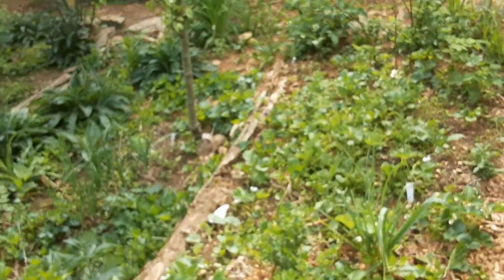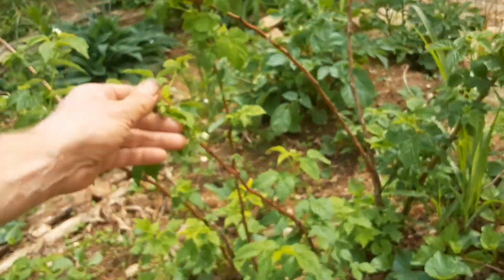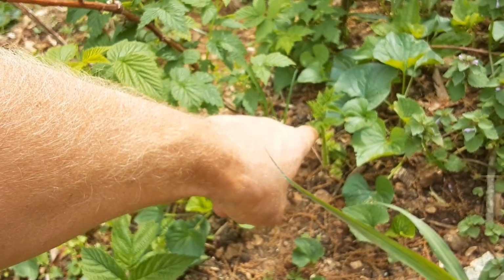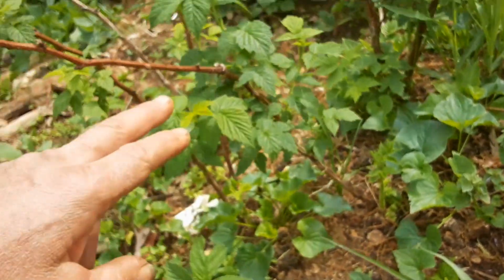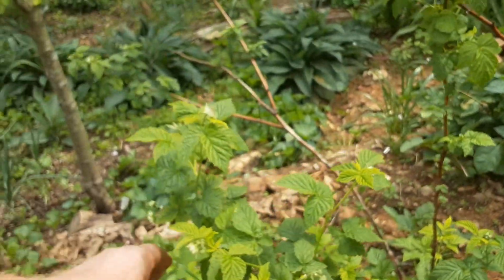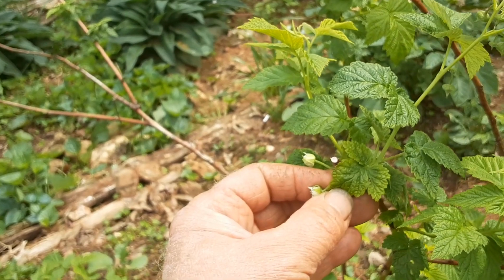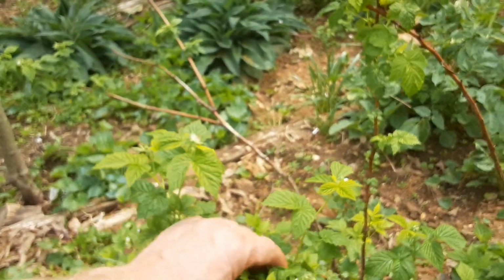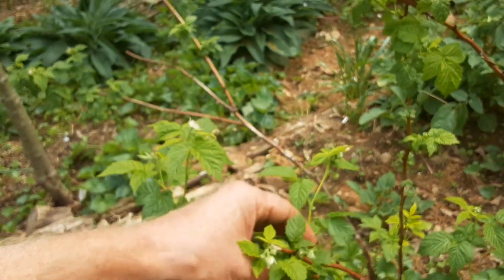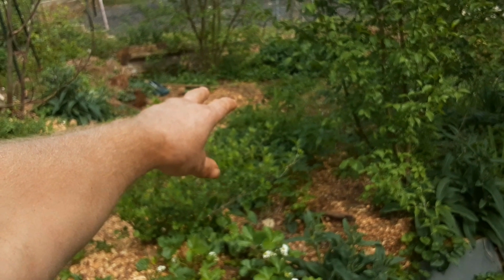Another way to manage that type of berry, that fall bearing or ever bearing raspberry, is these here. There's this year's cane, which is much smaller than the ones we just looked at, because some of that energy is still being used here to take over fruiting, where last year's cane stopped when the first frost came, and I pruned it off there. So that'll give us spring yellow raspberries and red raspberries, fall raspberries, a better crop of fall raspberries when we manage it that way,